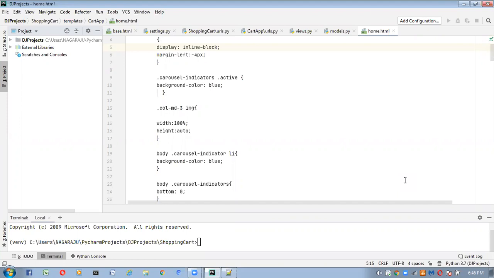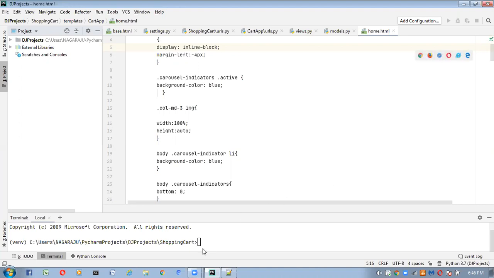In the last video, we downloaded some products from Google, and I placed those products inside our static folder and displayed them on the browser. Now what am I going to do? I'm not showing any static products on the browser. Whatever products are there inside my database, those products I'm going to display on the browser. For that, what do we have to do?